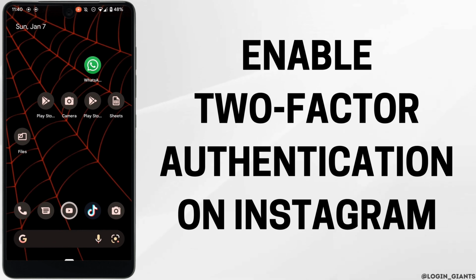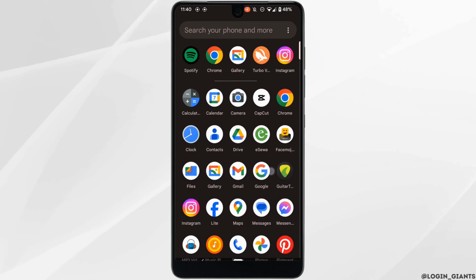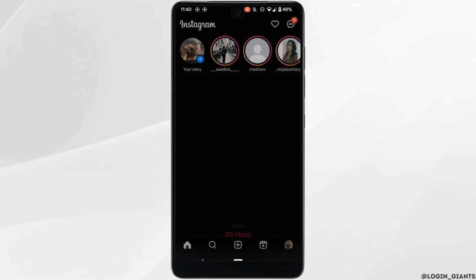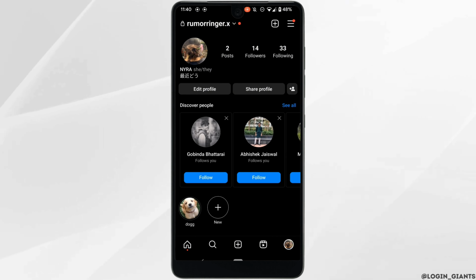How to enable two-factor authentication on Instagram. So the very first thing you want to do is to head over to your application Instagram and make sure you are logged into a specific account. Move into your profile at the bottom right corner and then click on these three horizontal lines at the top